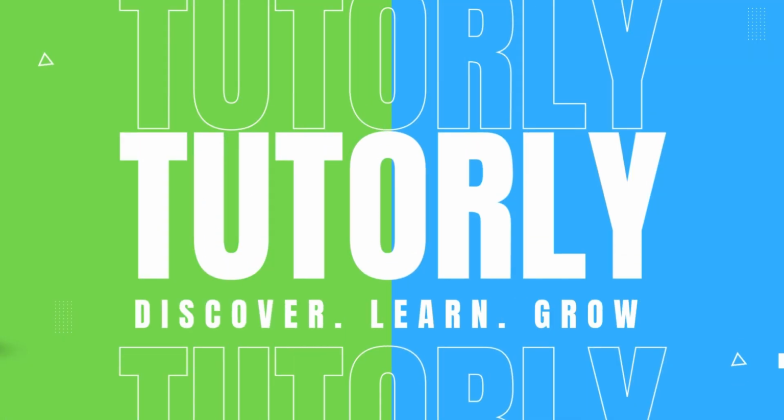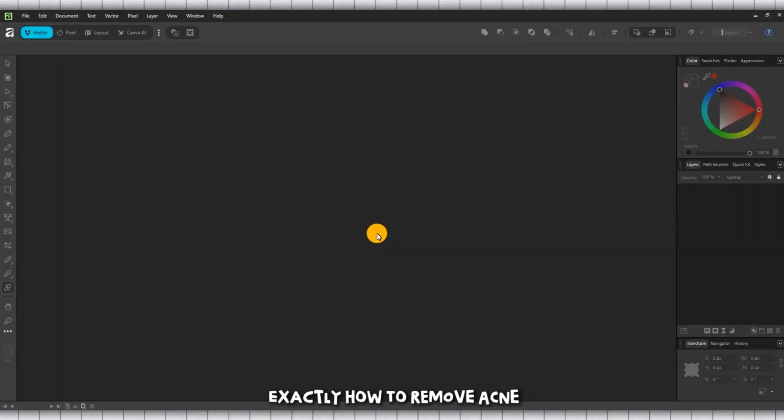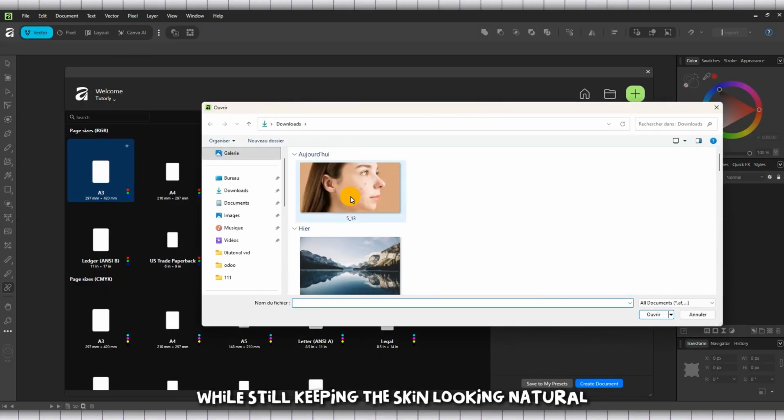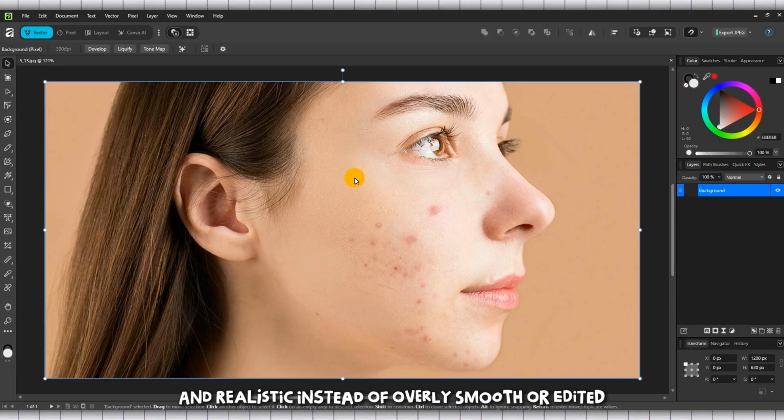So in today's video, I'm gonna show you exactly how to remove acne with Affinity Photo. We'll keep it simple so you can follow along, even if you're brand new to retouching. The goal here is to clean up distracting blemishes while still keeping the skin looking natural and realistic instead of